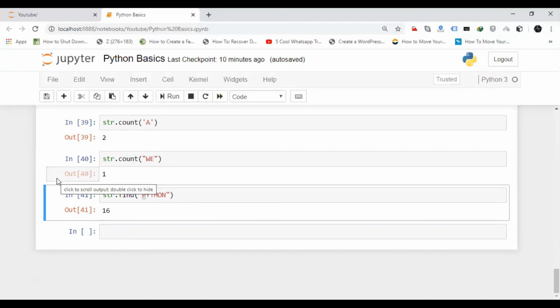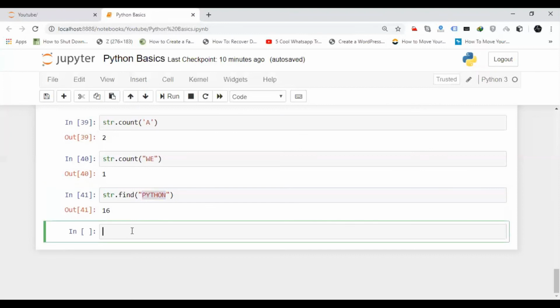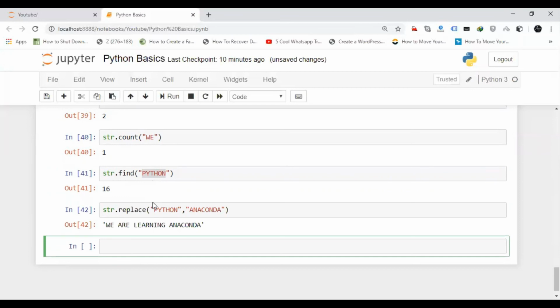Okay. Now, the last one is what? If you want to replace any word, suppose I want to replace Python with anaconda. So I will write str dot replace. I will give the old word and then the new word anaconda. Now, see here we are learning anaconda.